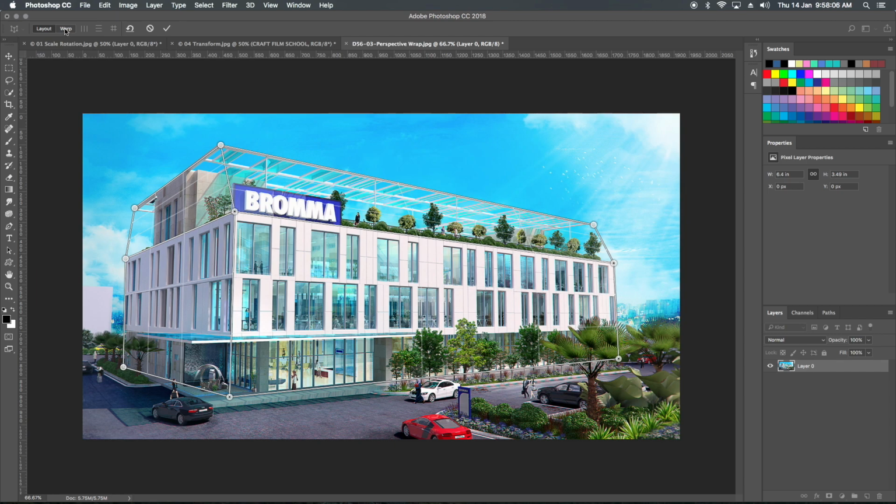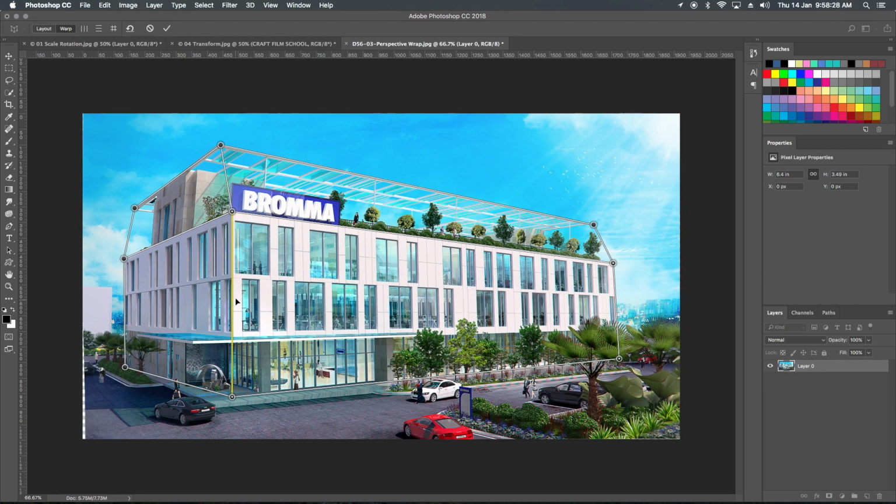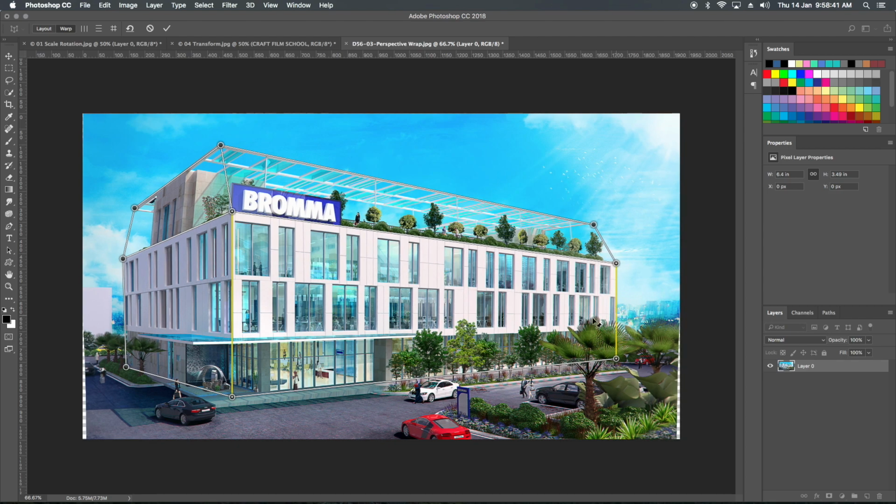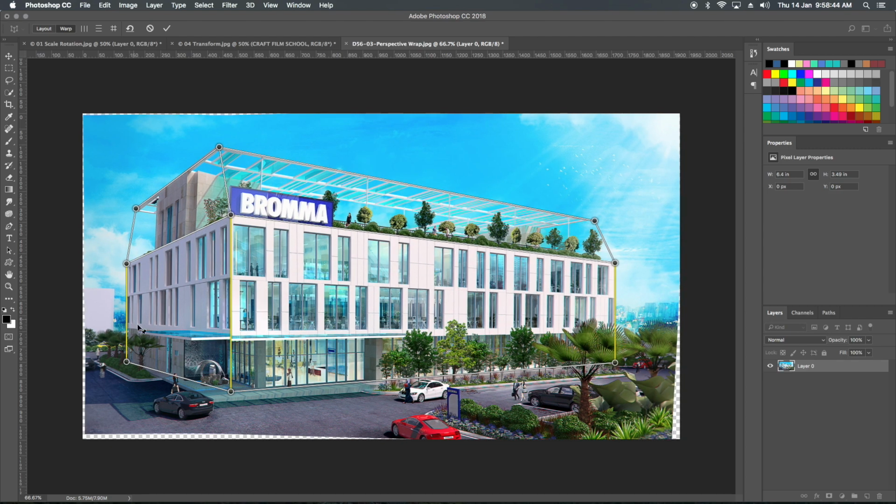First of all, I have to come to warp, okay, not layout. In layout we'll design more, and in warp we'll do the editing. Now if I take my mouse, holding the shift, near this line, it's changing to yellow, and I click on this layer and now it's locked straight. Okay, so what I am doing is I'm locking the straight lines, okay, which I think are straight as per me. So I click here so that the line will get straighter.